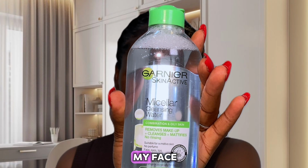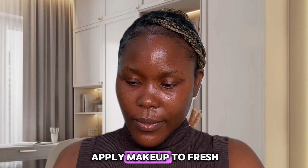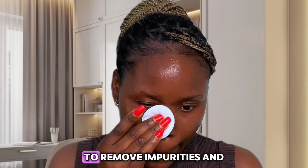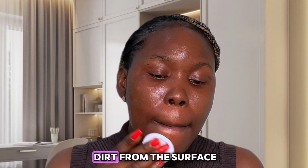Micellar water to cleanse my face. It is best to apply makeup to fresh, clean skin. Before you apply your makeup, use a cleanser or face wipe to remove impurities and dirt from the surface of